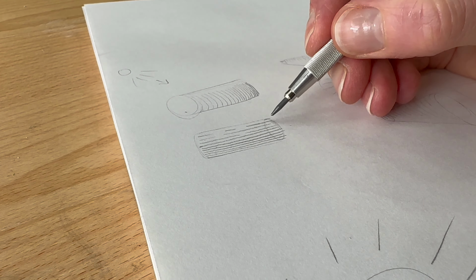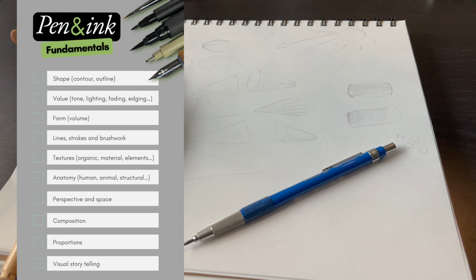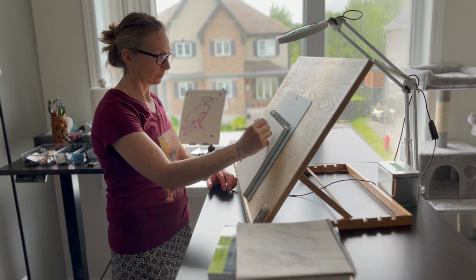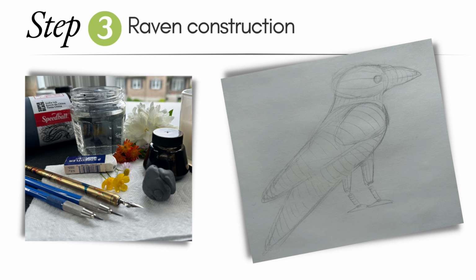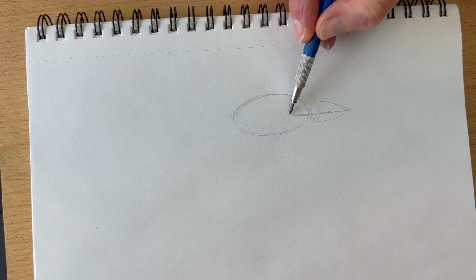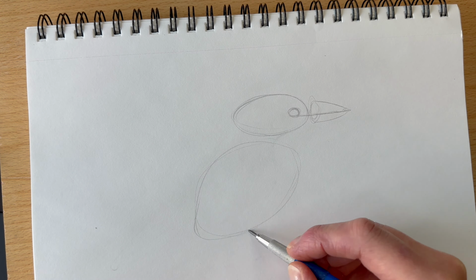We've reviewed the art fundamentals for pen and ink, and we've practiced the main shapes and line techniques that we'll be using to create light and darks for shading our raven and give volume to shapes. Let's assemble these forms to get a feel for how to construct our bird. We've practiced this, so draw an oval for the head, a cone for the beak, a line across for the mouth, and line up the eye above it. A big upside down egg for the body,